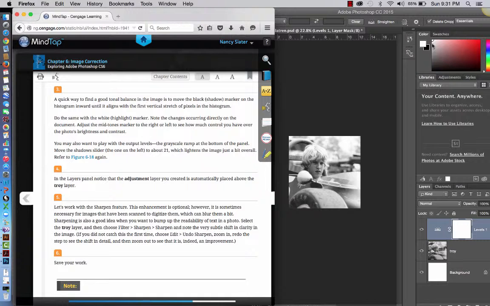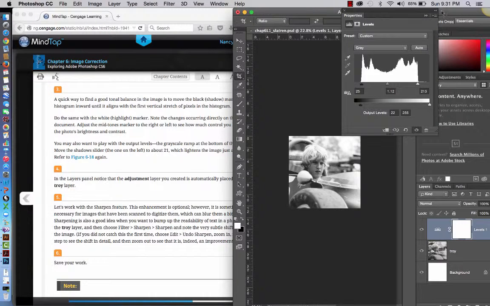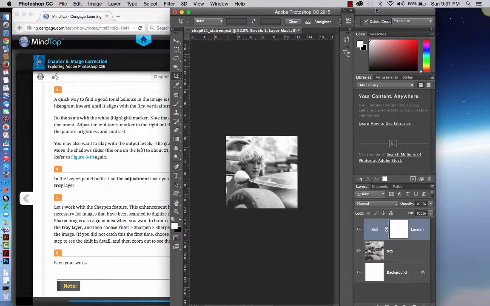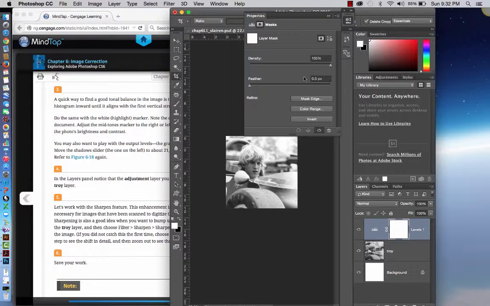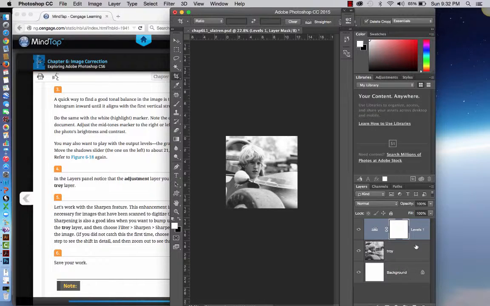Which it is. And the nice thing about an adjustment layer is that you can also turn off that adjustment so you can see the impact of the changes that we made in that particular adjustment layer. And if I don't especially like that, I can always double click on that. Oh my gosh, go figure, it worked this time. And then you can work on, oh no it didn't, that brought up the layer mask. I want to bring the histogram back up for the levels, but